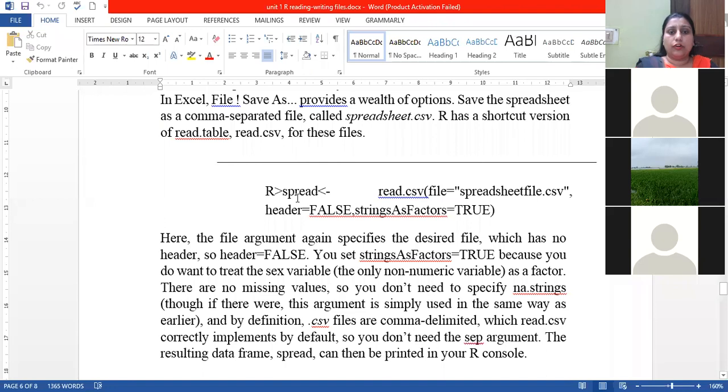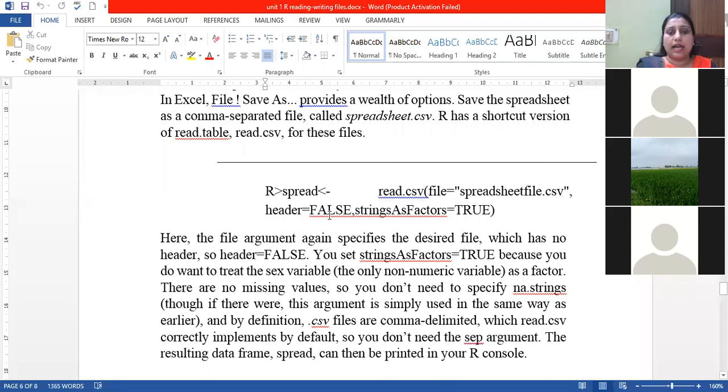Spread is the name of the spreadsheet in which you want to store the data. Then for reading the comma separated file, we write read.csv, the CSV file, then the name of the file.